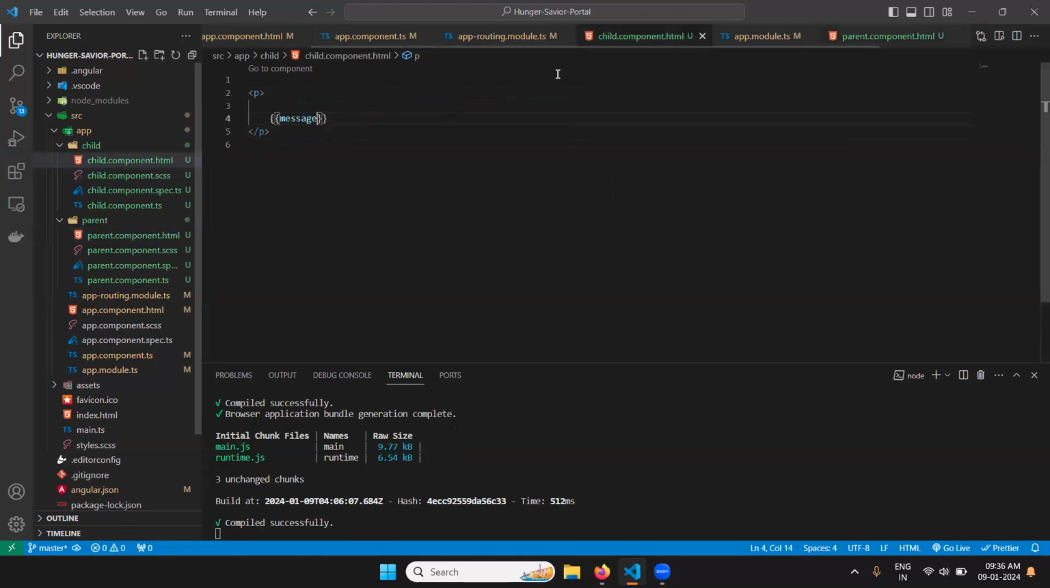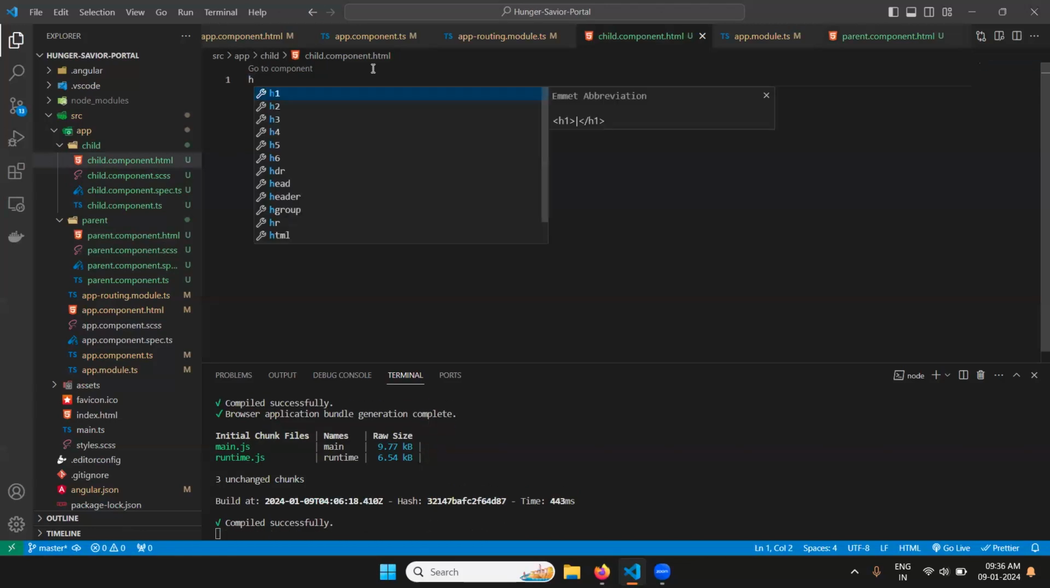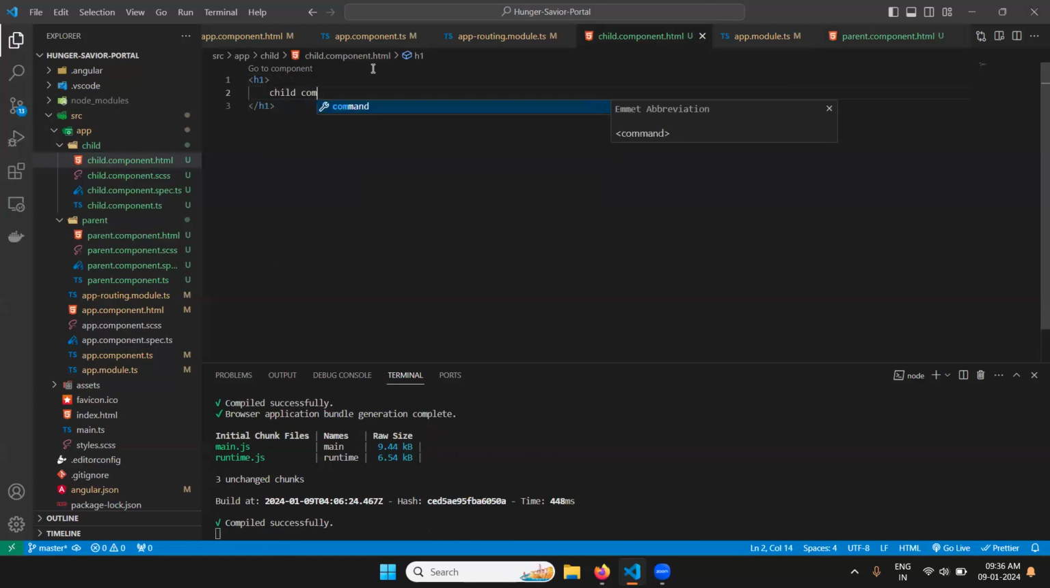Go to the child component.html and remove that p tag. I said remove everything completely and add an h1 tag and say that it is a child component. Okay. So now go to the app routing module.ts